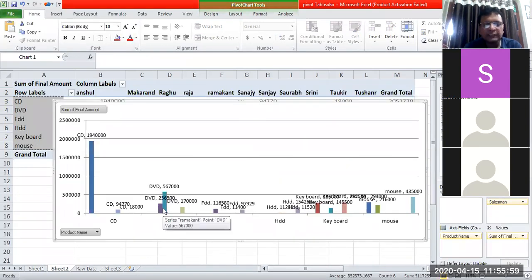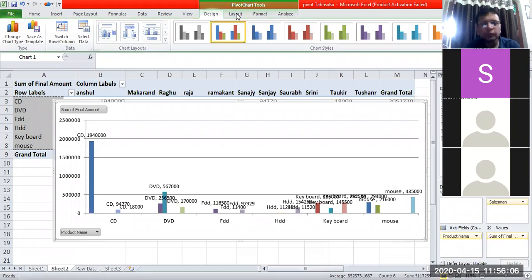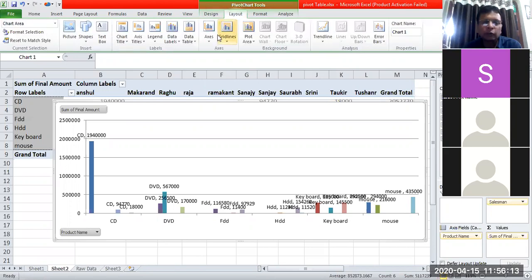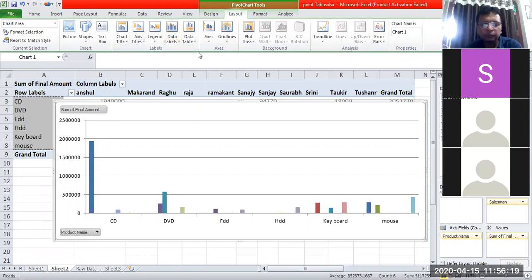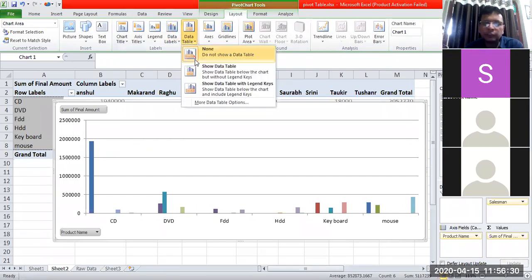If you want to change the design of this chart also, that can be done. Go to the pivot chart tools, and then there is an option for layout, chart layout, and you can pick and choose whether you want to have the data labels or not. I can pick and choose data labels that have been removed. Now I'm having only some bars which are showing the activities of sales. If you want to include the data table, that is very, very important.